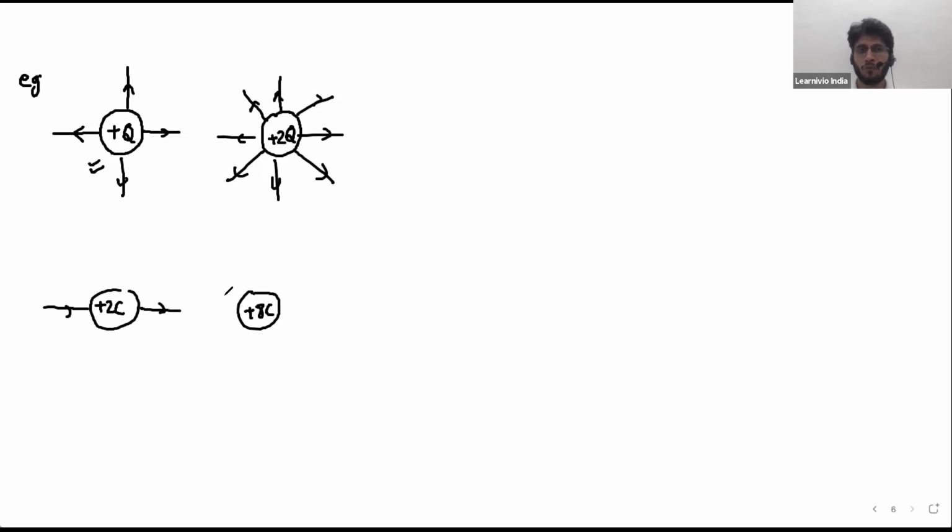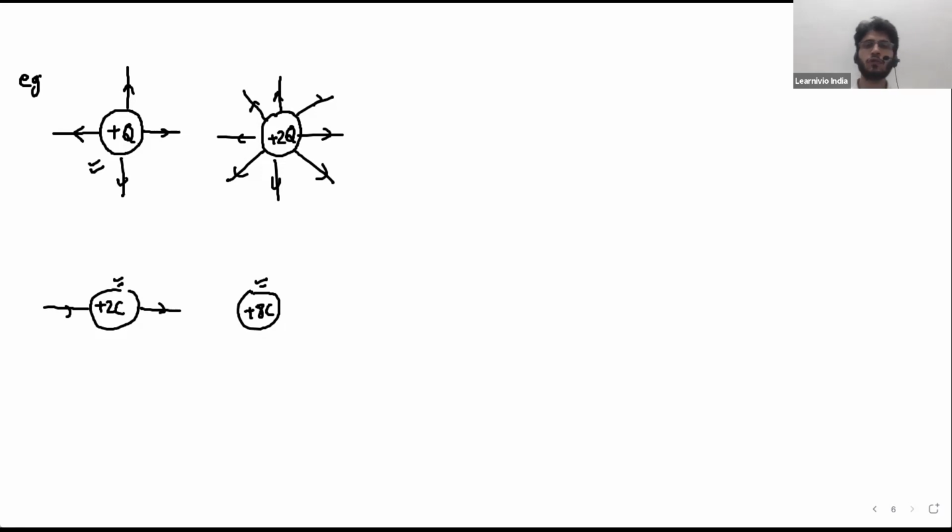See, the charge here gets doubled or it gets 4 times? 2 coulomb and 8 coulomb. Is the charge twice or 4 times now? Fatma, this is 2 coulomb, and this is 8 coulomb. So 8 is 4 times 2 coulomb? Yes, 4 times.